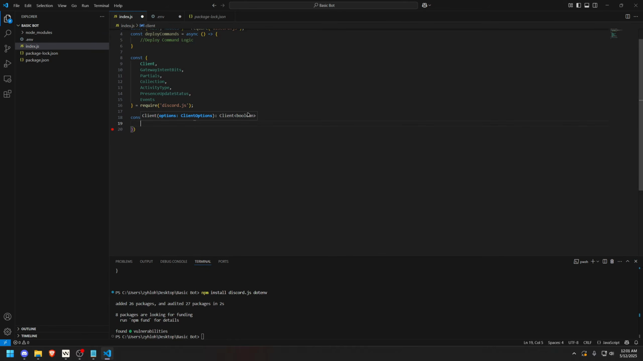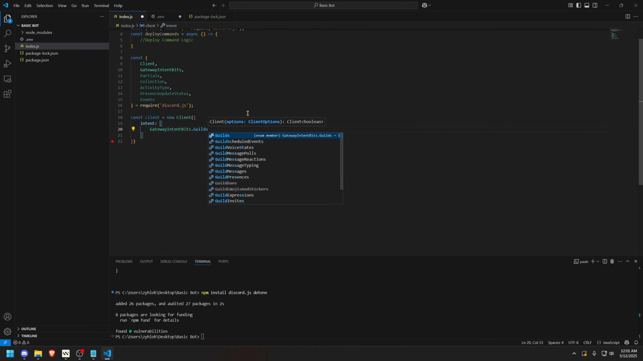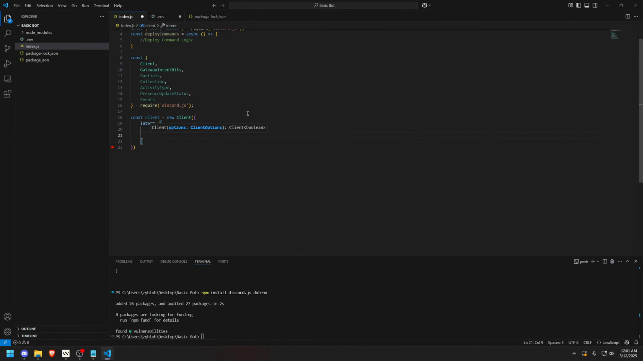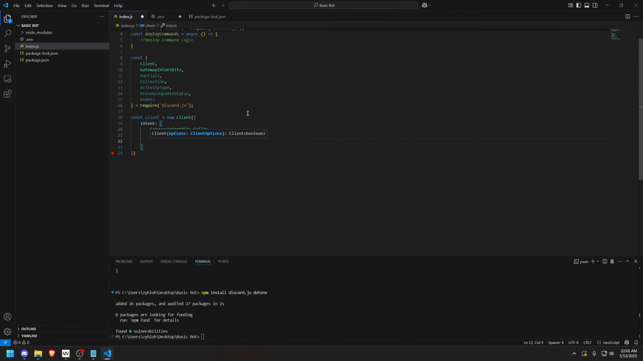Open it up just like this. We're going to do intents, and we're going to do a colon, and then the square brackets. We're going to be passing in GatewayIntentBits.Guilds. And again, we're doing a list, so put a comma, and then GatewayIntentBits.GuildMessages, and then GatewayIntentBits.MessageContent, and finally